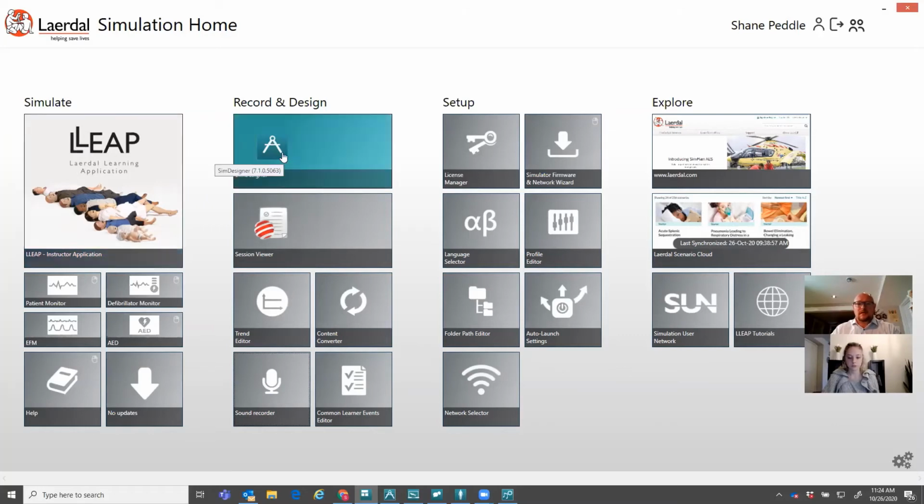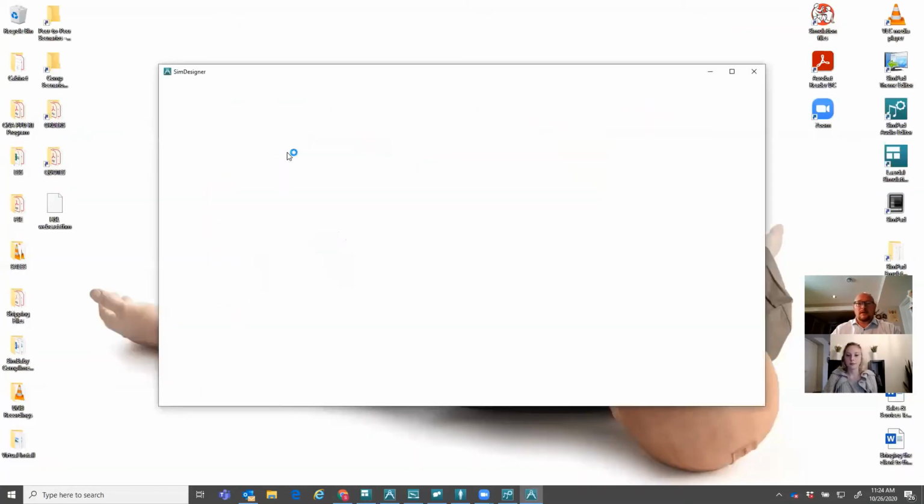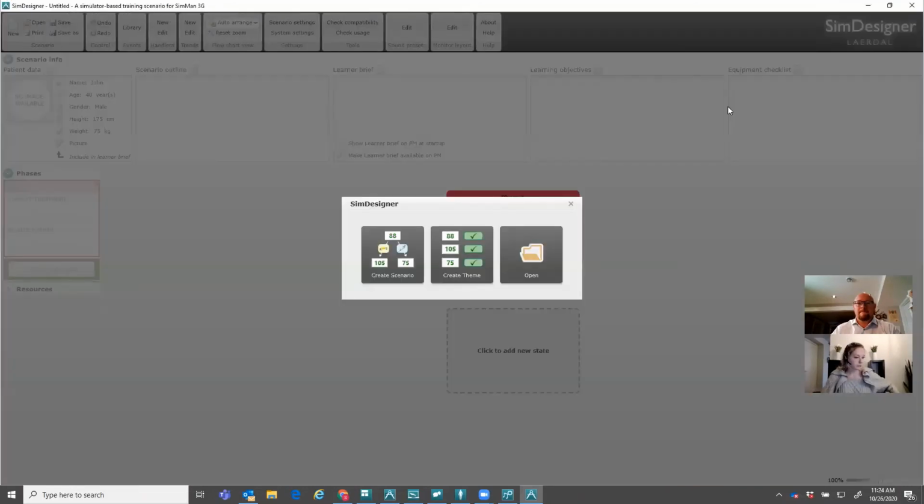Excellent. So SimDesigner. So there's SimDesigner right there. The latest version is 7.1.0. And I'm going to open that up and see what this looks like. Excellent. So here you can see you can actually create a theme inside SimDesigner. So there's theme. We can open up a scenario that we've already built or open up a theme that we've already created. So we can open up the theme here, and this goes back to,